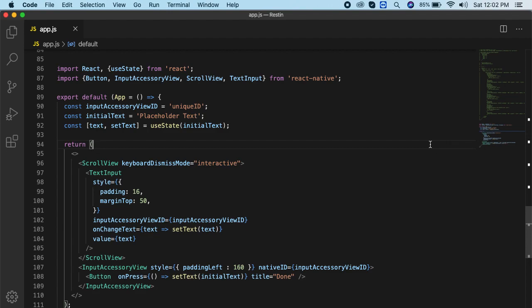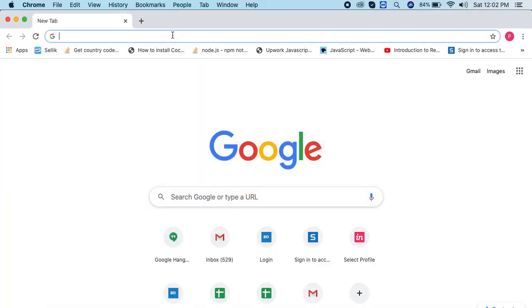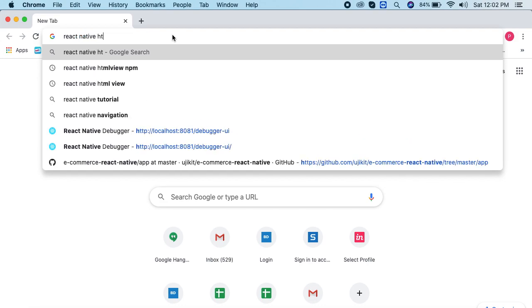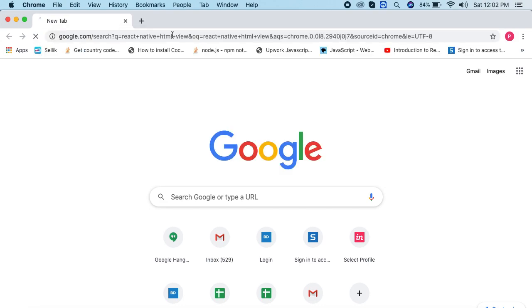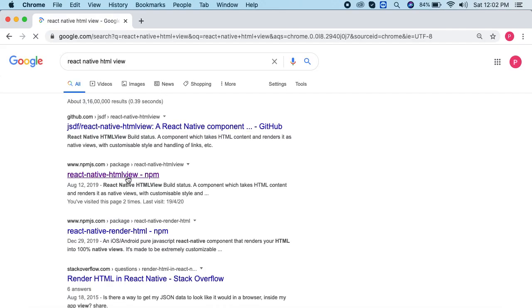And today in this lecture we are going to discuss React Native HTML view. Let me make clear what exactly we are going to achieve. We have a library called React Native HTML view.